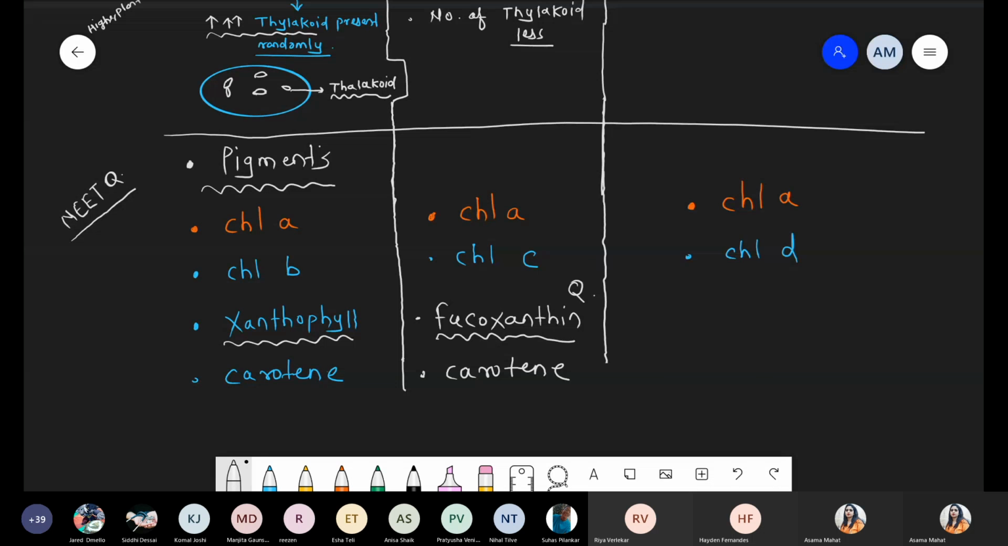Now we are talking about a very unique property with respect to red algae. Chlorophyll a is present, and chlorophyll d is also present. Now there is a presence of something blue and red colored pigment that is called phycobilins. So in place of this pigment,